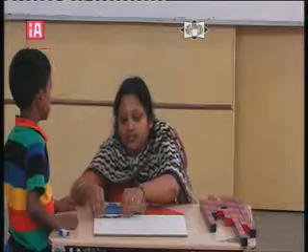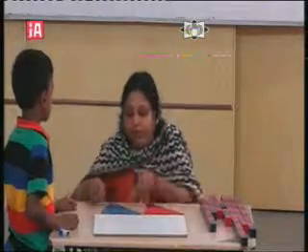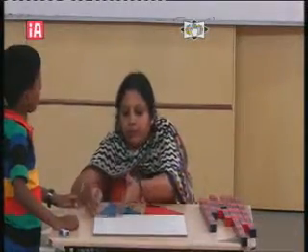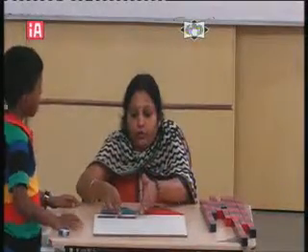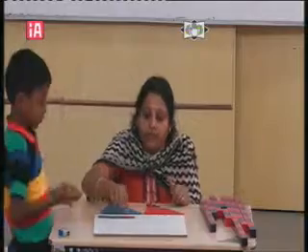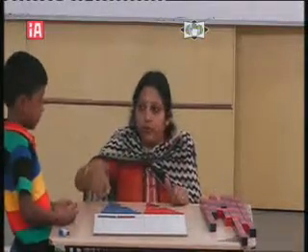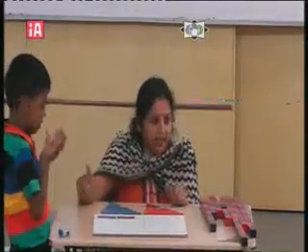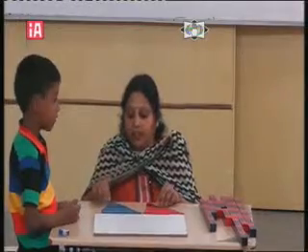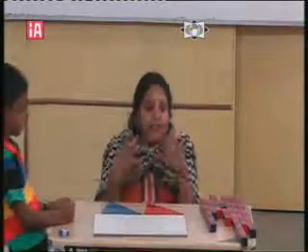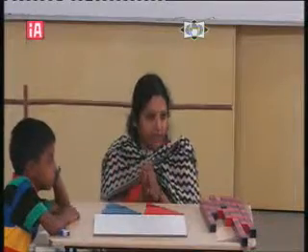Okay, now the second one is maybe 4 plus 4. Place 4 here, again 4 from here, 4 plus 4: 4, 5, 6, 7, 8. For 4 plus 4 equals, you will write 8. Okay, like this you can do it. Now this is just with the numbers, only with the numbers, because with the bead material you are done with the quantities. Now only with the numbers.